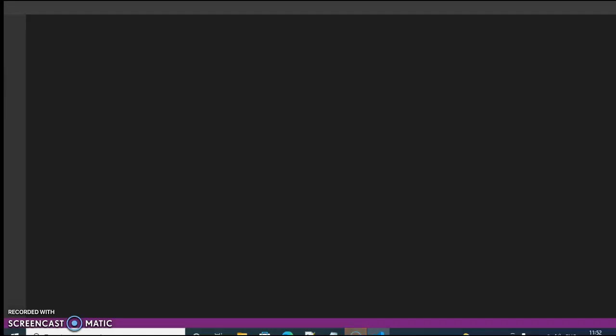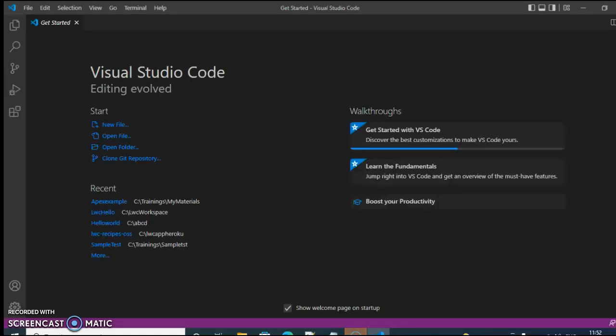This is my Visual Studio Code. Now my Visual Studio Code is ready. Now, to create this application, or if you want to perform anything on top of this, we need to have the SFDX installer. Once your installations are done properly,